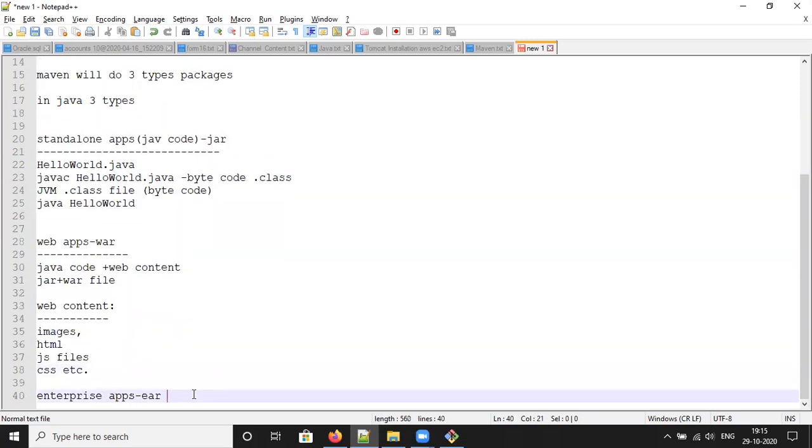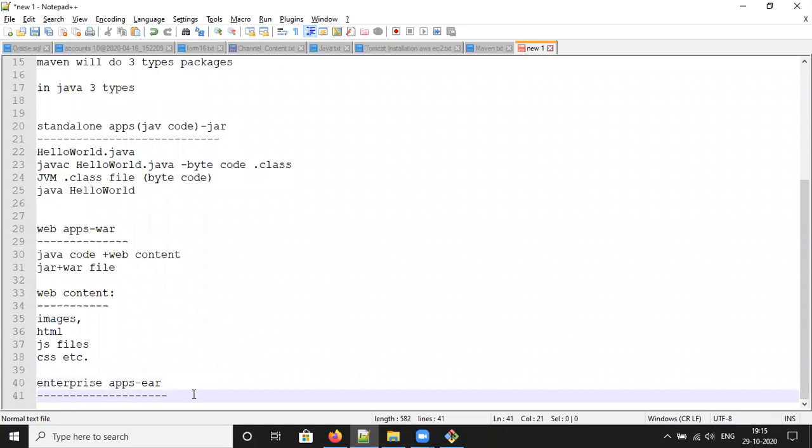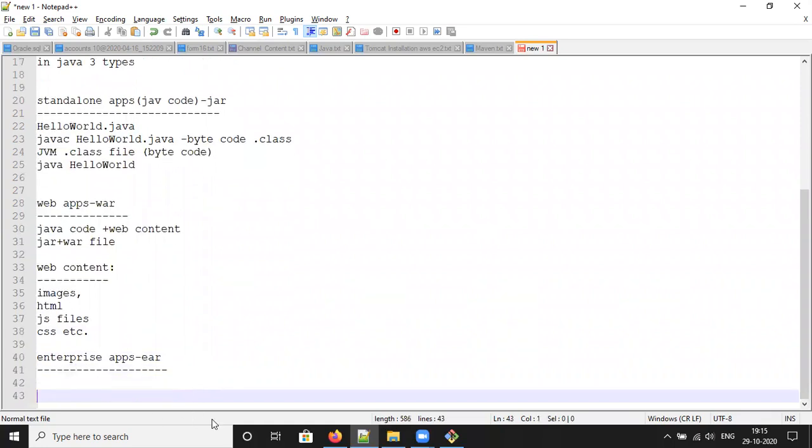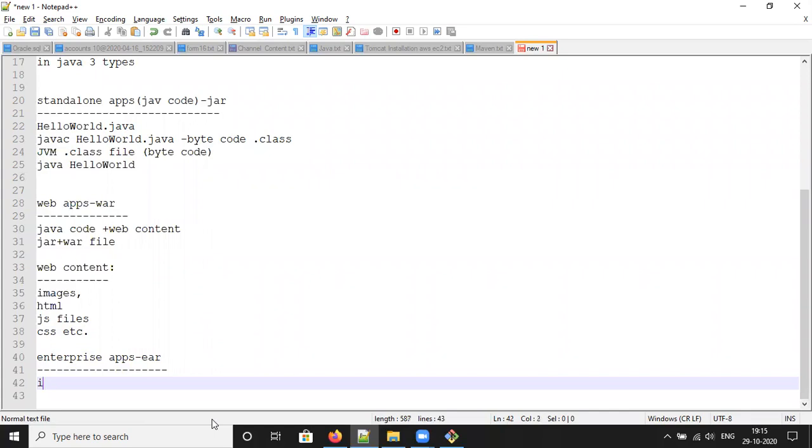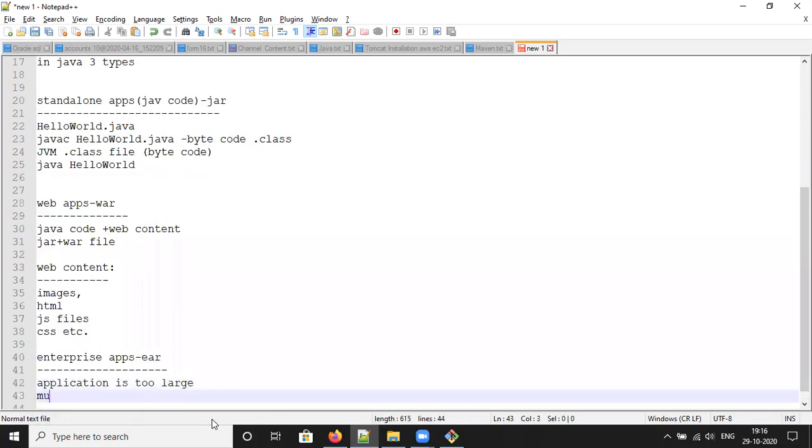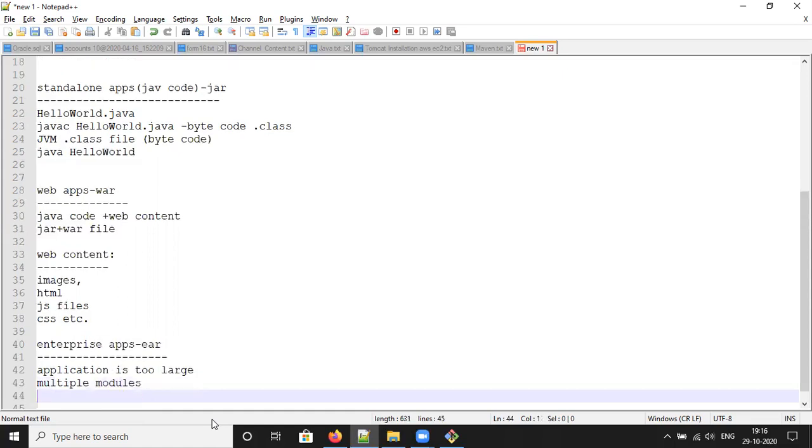In enterprise applications, if the application is too large and it contains multiple modules, then we can go for the enterprise application.